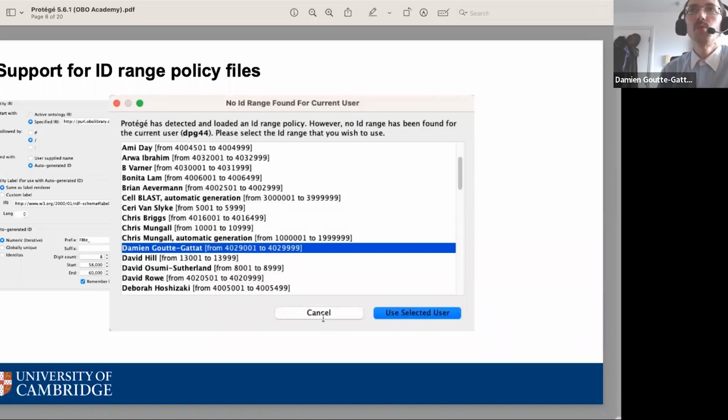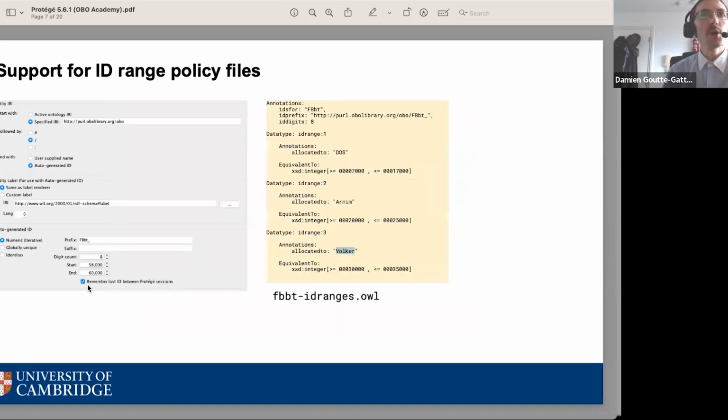So, there's already a bug to track that. Basically, the reason is the way this feature works. The remember last ID feature works by, whenever you create a new term, internally Protege updating the lower limit of the range, so that when you switch to another branch and you create a new term in another branch,